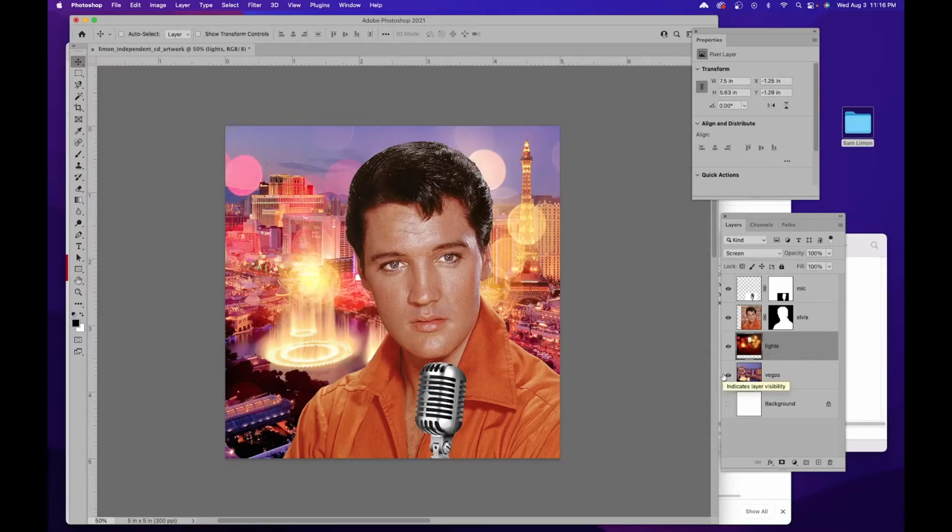So now what we could do is, we could title this now that we have a few different elements. And actually, before we get to the title, one thing I'm noticing is this is very warm. Him, the background, and the microphone just looks a little bland. So I could always add some color to the microphone. This is kind of a little bit advanced, but if you follow along, you should be able to get this. So we could add an adjustment layer, or actually,